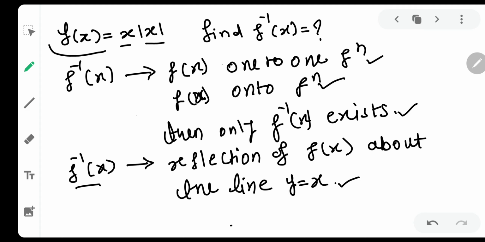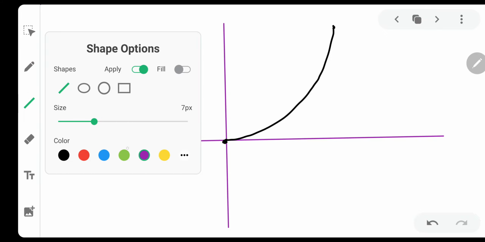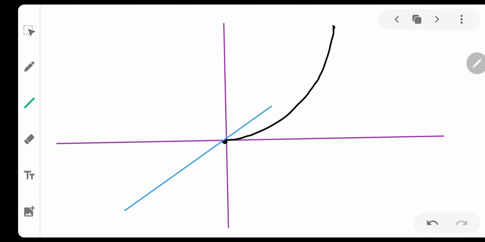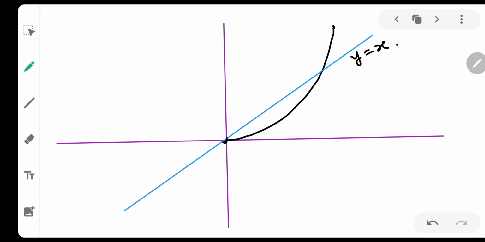So we are going to do this question, but before that we are going to understand very simple concepts. So f(x) is 1 to 1 and onto, hence its f inverse will exist. Now how to find out f inverse? So simply draw a line. This line is y equal to x. Then you have to take the reflection of the curve about y equal to x. So this line is acting as if it is the mirror and it is reflecting your particular curve.